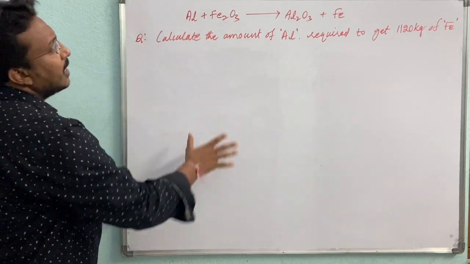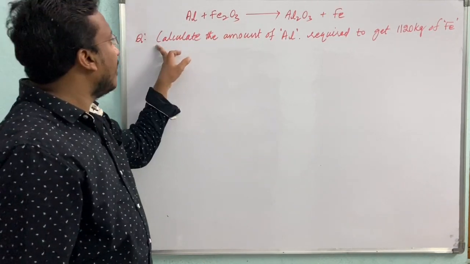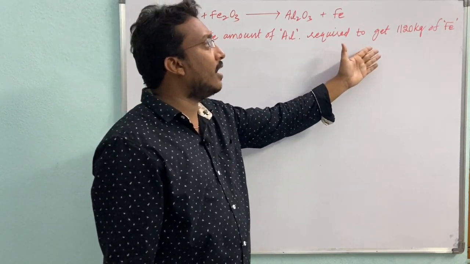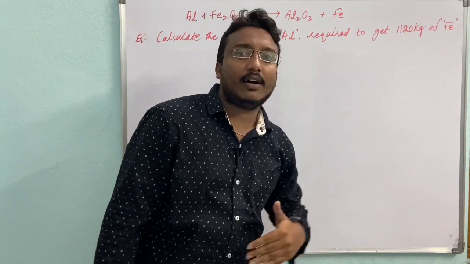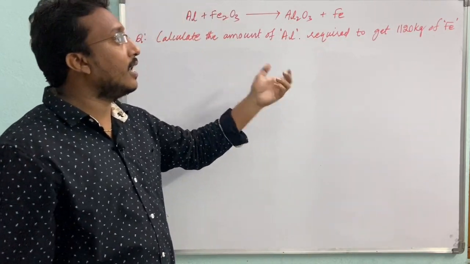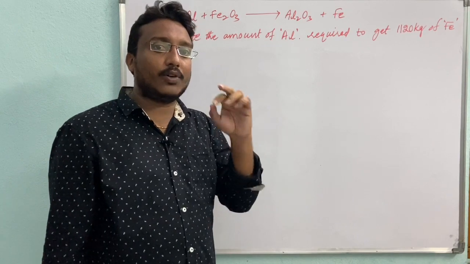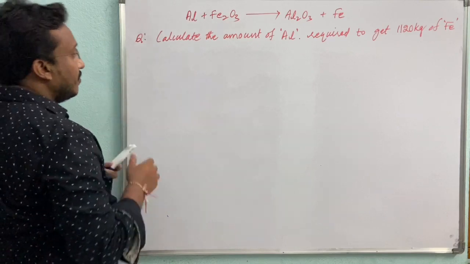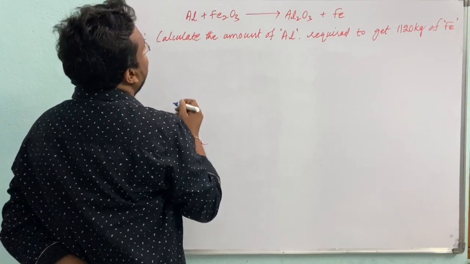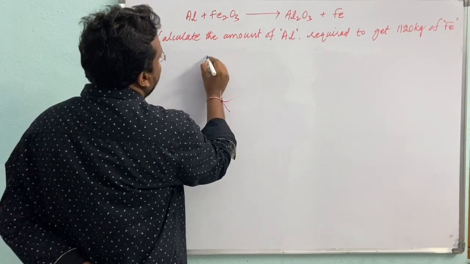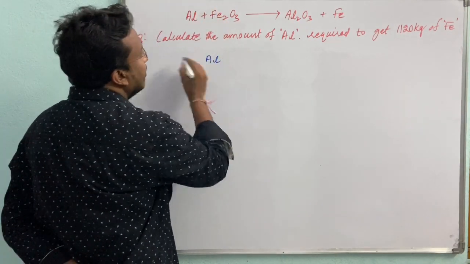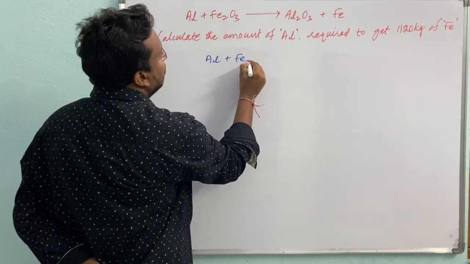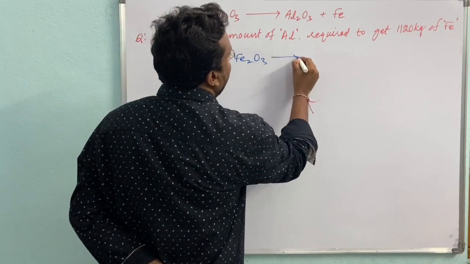From this example, here he has given one question also. Calculate the amount of aluminum required to get 1120 kg of iron. How will we find it? This topic is very important. You may get a 2 mark question in the annual examination. First of all, this is the equation: Al plus Fe2O3 gives